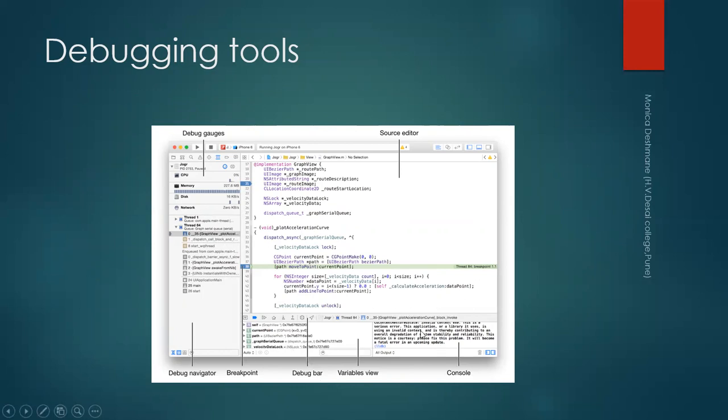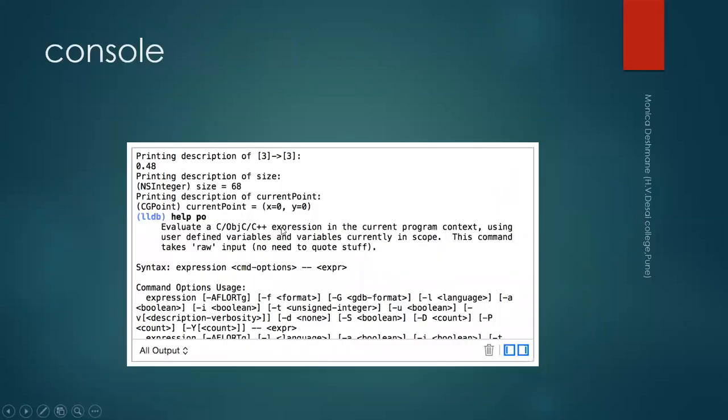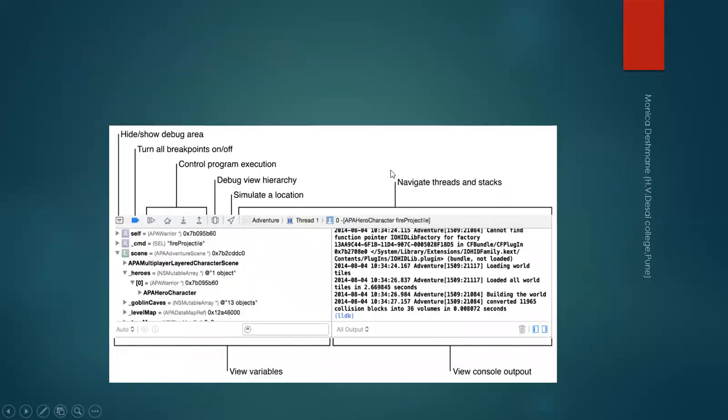We'll learn about the console again. So see here, this is a figure showing in depth what the debug bar contains and how the debug area looks. It is divided, as said, into three parts. One is the debug bar, under which we can hide or show the debug area. Then we have the breakpoint, then program execution control.